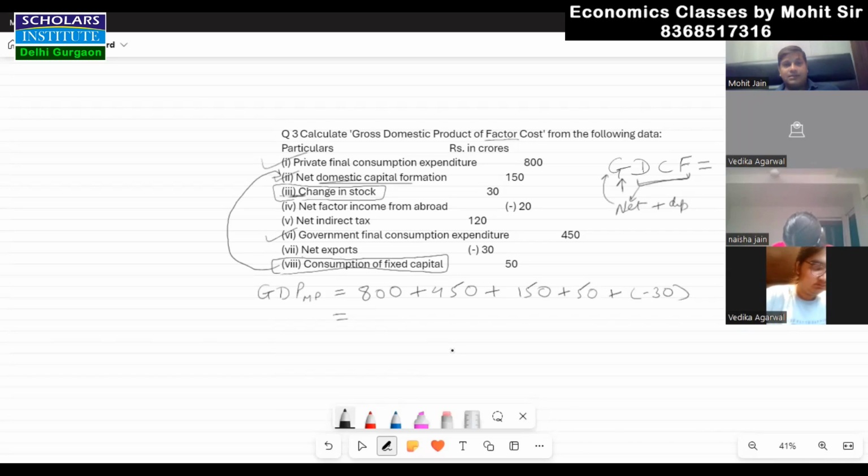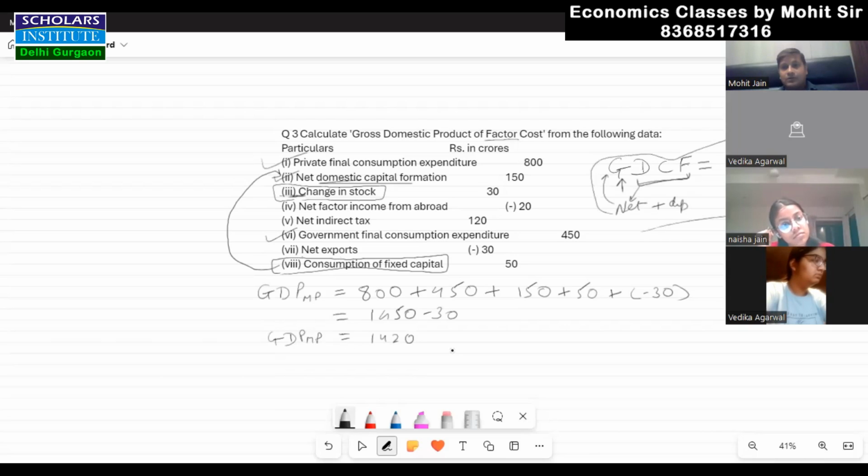ये आपका आ गया जीडीपी एमपी। तो 800 प्लस 650, 800 plus 650 will give you 1450, minus 30 will give you 1420। ठीक है ना? ठीक करा मैं? ठीक किया मैंने यहां तक। सो 1420 ये आ गया, ये आपका जीडीपी एमपी आ गया। आई होप क्लियर है। मैंने सीधा वैल्यूज डाल दी हैं, बट आपको जो फॉर्मूलाज दिए ना उसके अकॉर्डिंग चलोगे। मेन इसमें जो लोचा था वो इस चीज का था, जो कंसेप्ट था इट वाज दिस।